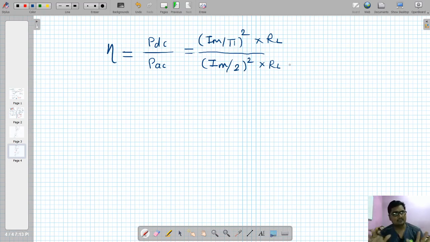We can represent this DC and AC power in the form of voltage and resistance also. As we have already chosen this format, that is current and resistance, that's why I'm using it. Whatever we have derived, I've used. Now look at this, after simplification it will be Im square divided by pi square multiplied by RL, over Im square divided by 4 multiplied by RL. Now if I simplify this, then simply what I'm getting is,